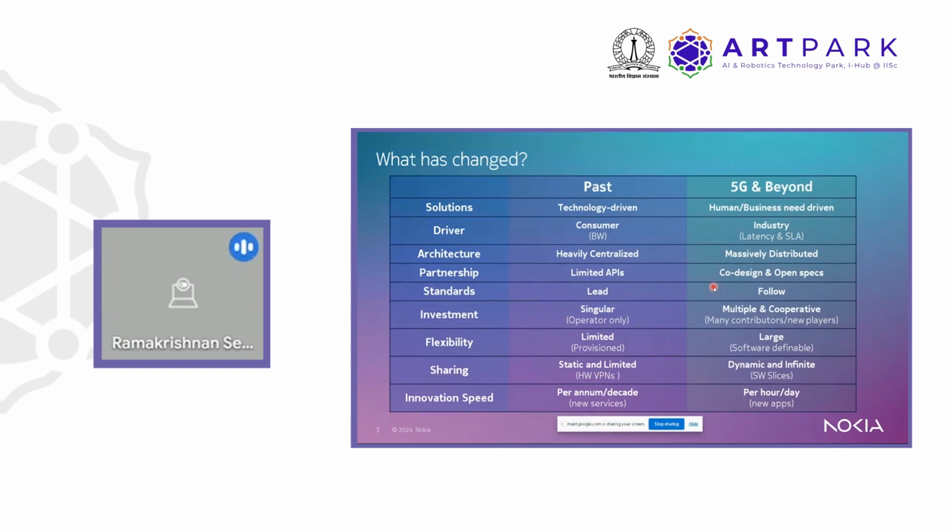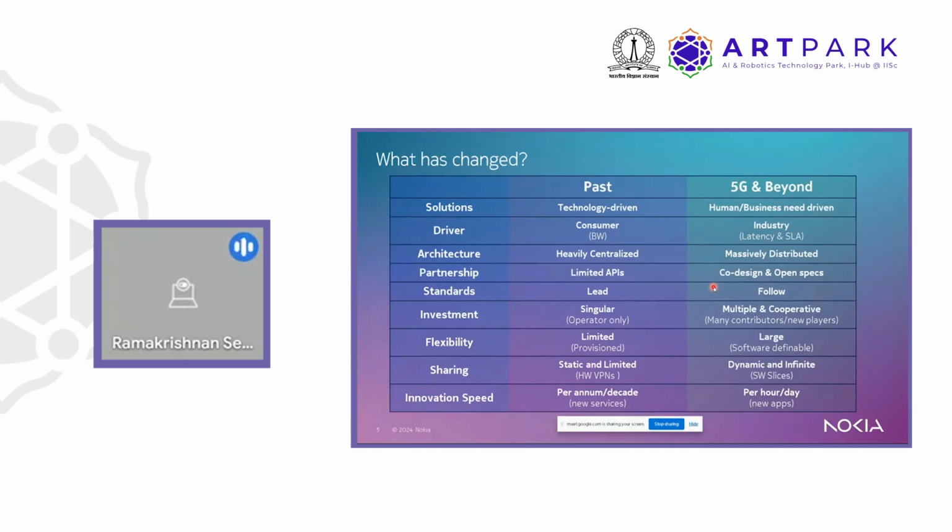In terms of standards, earlier we used to always look forward to having a standard first and then develop the stack. Now in 5G and beyond, we expect that it might be the other way, wherein they would either follow or go hand in hand. So you know a problem is coming up, you know how to solve it, you immediately try to push it into the standard, get the software done, and then you deploy it on the network. It would be that fast.